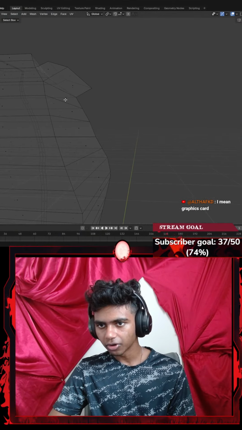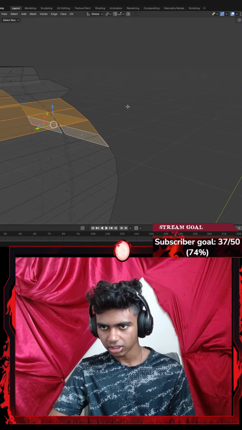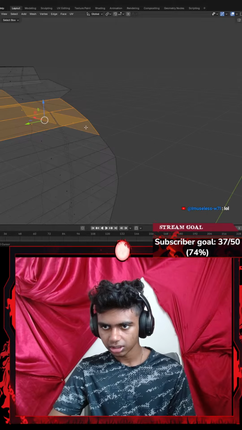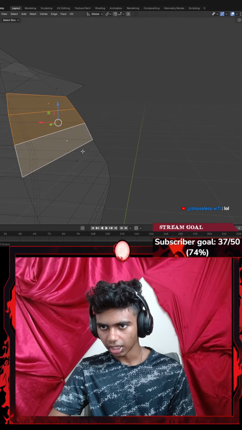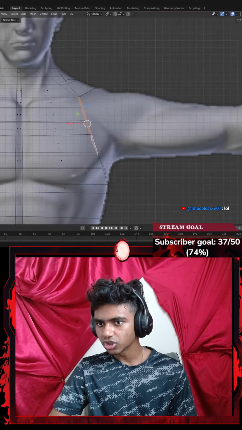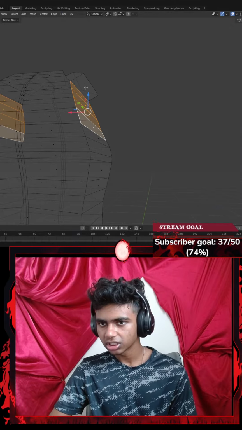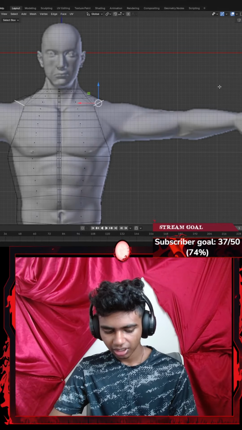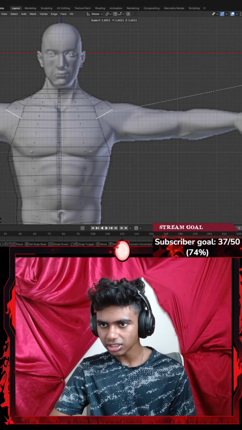For my arms, I'm gonna go ahead and select this, and this. Let's go ahead and select, whoops, I don't need that and that. Okay, I need this. I'll need that and that. Let's go back to my y-axis. Now, I'm gonna hit something like E, but I think I need this as well. Okay, let's extrude that, and then I'm gonna scale it.